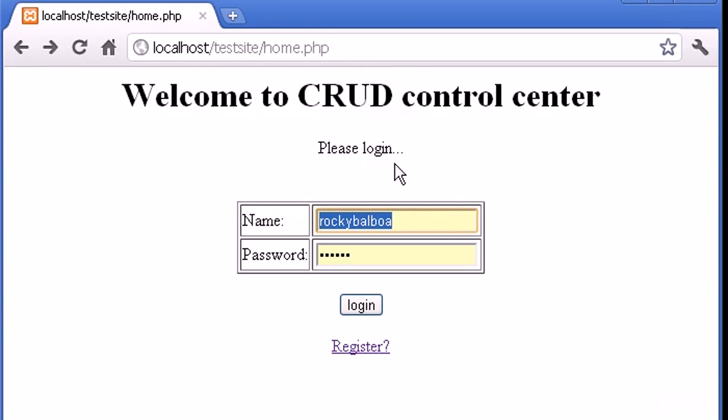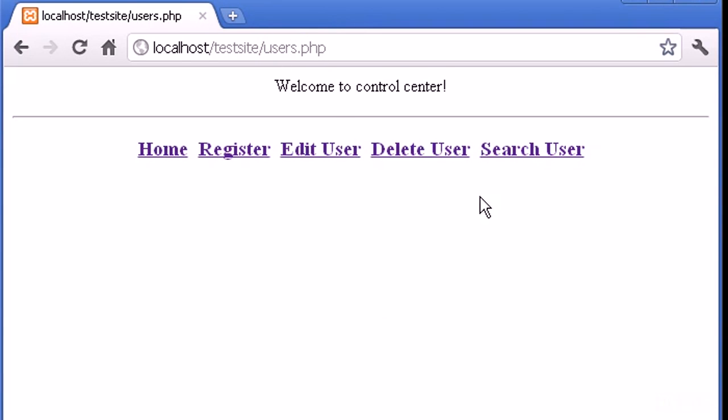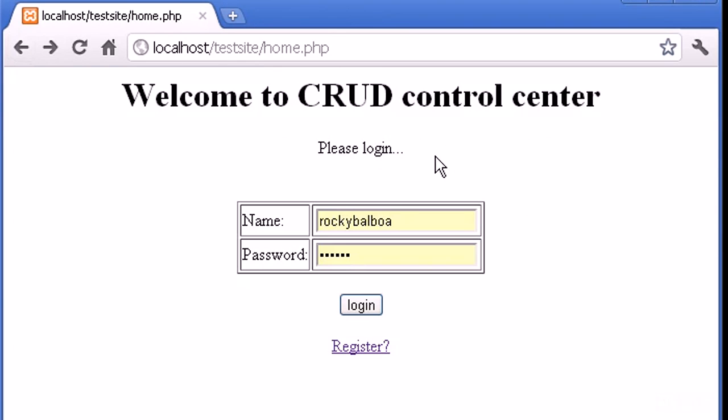So I'm going to show you how to use sessions to solve this problem. And then, for example, if we are not registered, what will happen is that if we click users, some message will appear saying you are not allowed, you have to register first or log in first, okay? So in order to do that,